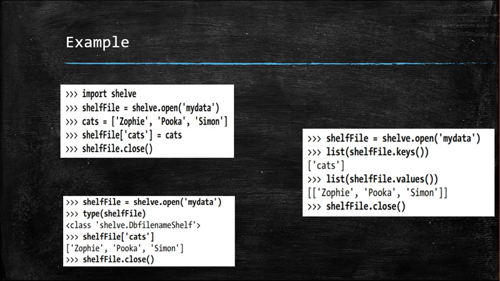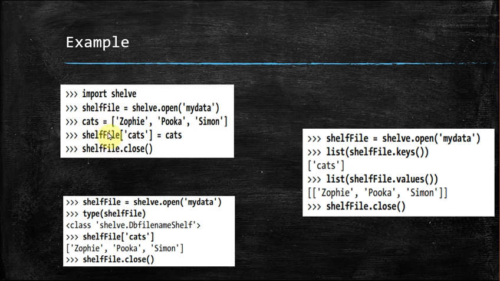Then after that, we are calling shelf dot open. We are using this open function. For that open function you're passing some data, which you can see here we have written as my data. This my data is nothing but the name of a particular file. So we are passing the file name to shelf dot open, and then storing the returned shelf value in a variable. Here that returned value is stored in this variable called shelf file.